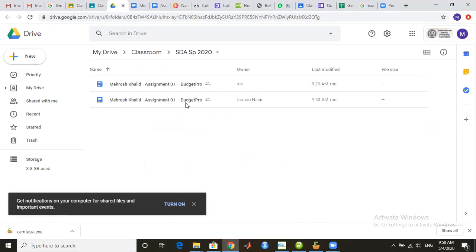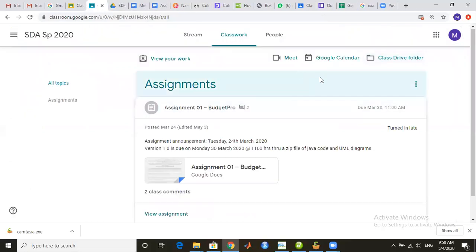And here there are two files that I have submitted to my teacher. I can share these files, I can download these files and everything else.